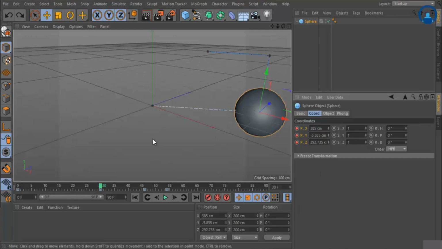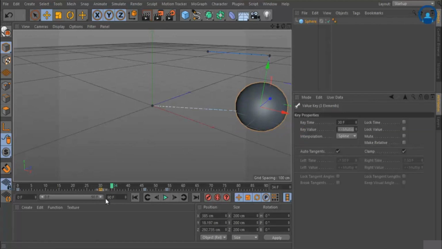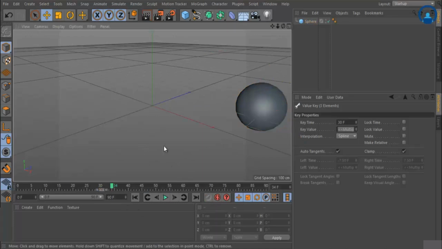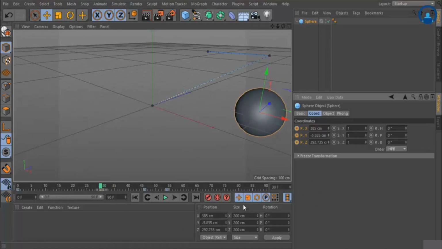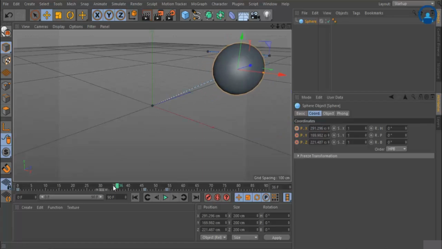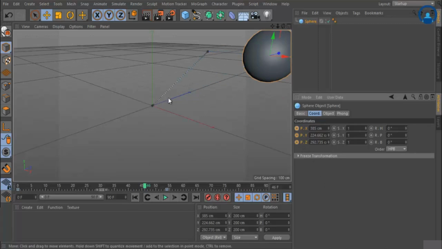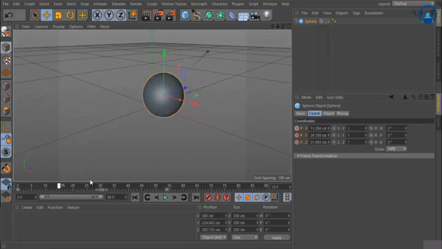Now if you don't want to remove all the keyframes, only a particular keyframe, either you can click and delete that, that's one way to remove a keyframe, or you can just press Shift and click on any of these buttons to remove the particular keyframe. I want to remove the 30, so I click over here by pressing Shift and click, and you can see the keyframe at 30 is removed from all the keyframes. In the same way I want to remove this keyframe at 46. I press Shift and click on this radio button to remove this keyframe. So this way you can modify the keyframe property by using the attribute manager.